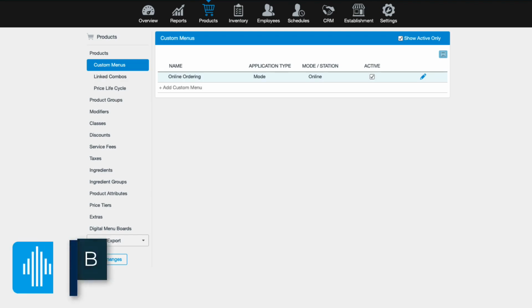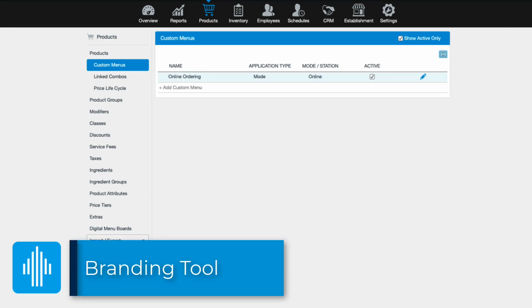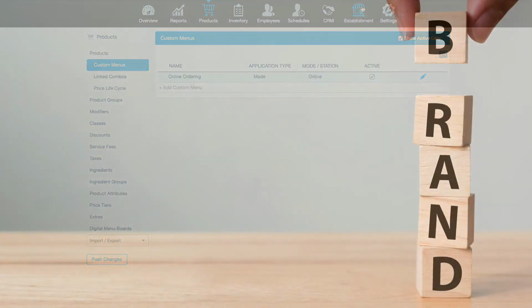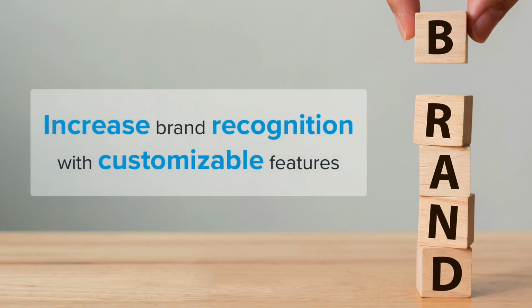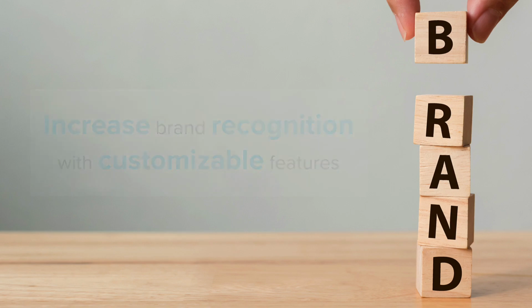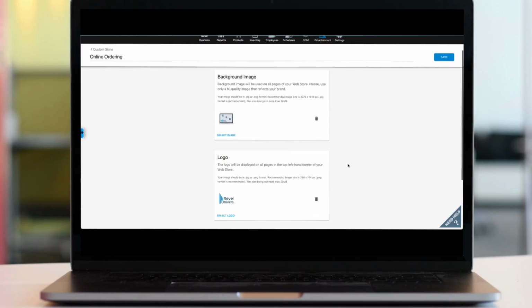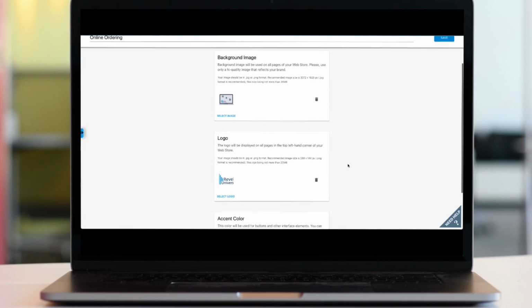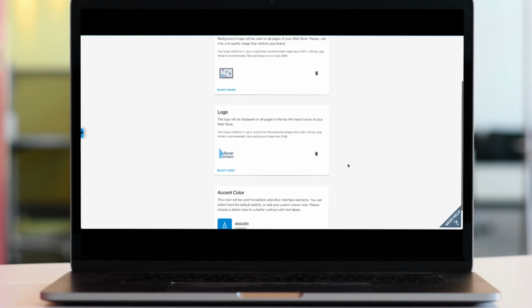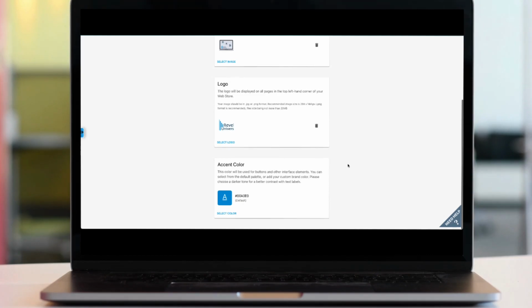If you are using Revel's Online Ordering XT product, you'll have the ability to further customize the appearance of online ordering for your customers. This enhances business recognition with better marketing materials and overall has an updated look and feel compared to Revel's original online ordering platform. Customizing OOXT is done through Revel's branding tool and allows you to include your own logo images, color branding, and more. The branding tool uses skins to change the appearance of the user experience.